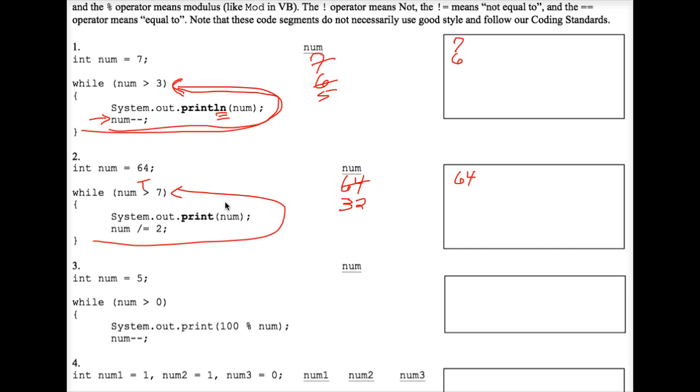Num is still greater than 7, so we system out print num. Because of the print and not print ln, the 32 at this time prints out right next to that 4. Num divides itself by 2. It's now 16, and you can see from the pattern here that eventually num will reach 7 or below, and